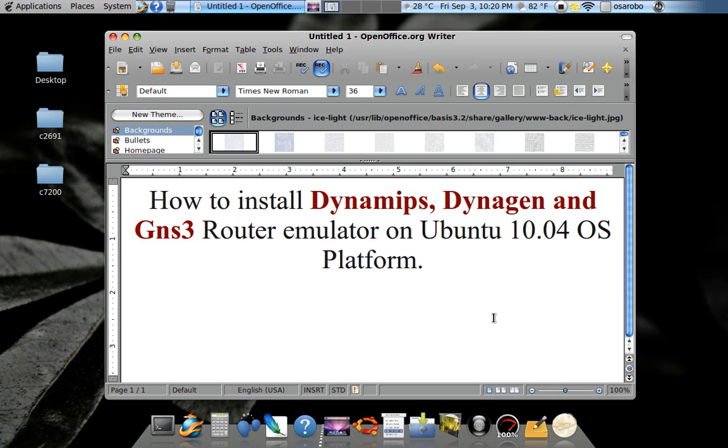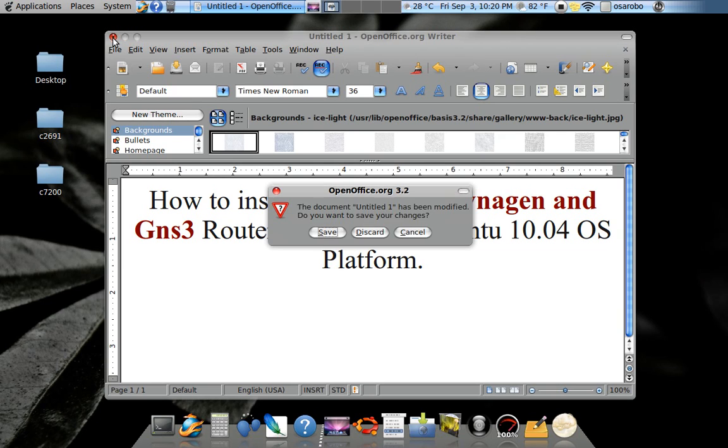It's simply a way for you to be able to configure routers on your PC rather than having to buy routers. Routers are expensive, and I don't know if you have all that money to purchase the one that you want. And so let's proceed. So I'll have to close this window, and another piece of information I have to let you know